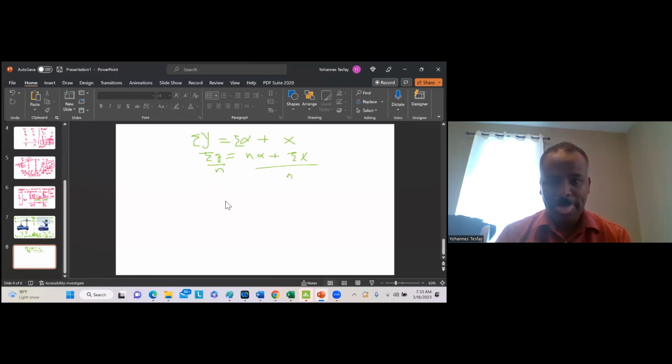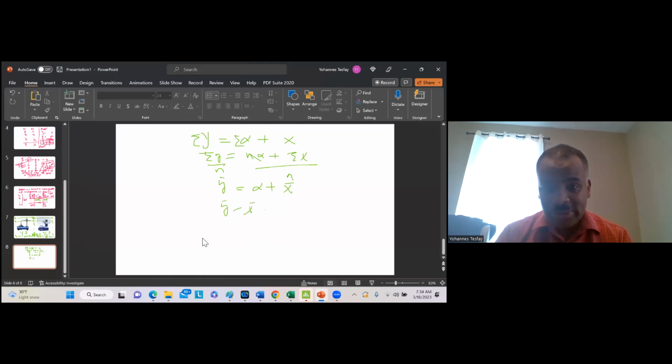When you put this in, what you get is y bar, and this equals, this cancels out, and you get alpha plus x bar. You see x bar. When you subtract, y bar minus x bar, this is alpha, isn't it? So the bar is in order, but what did the model consider? What did the model consider? y equals alpha plus